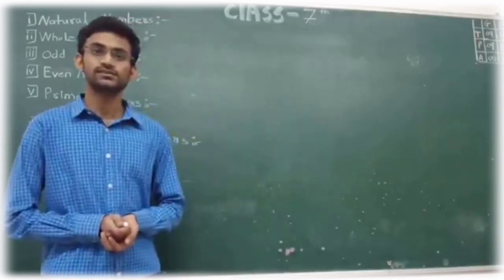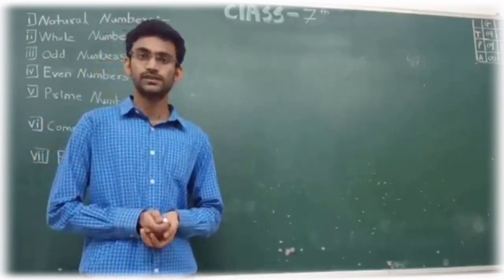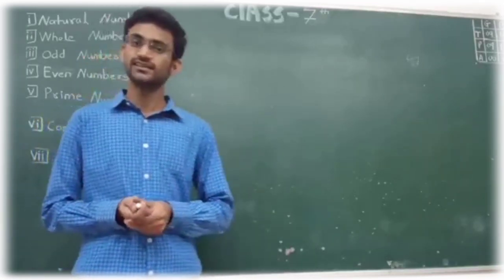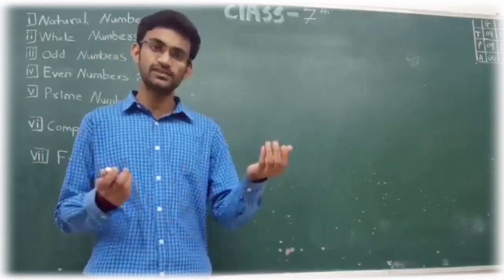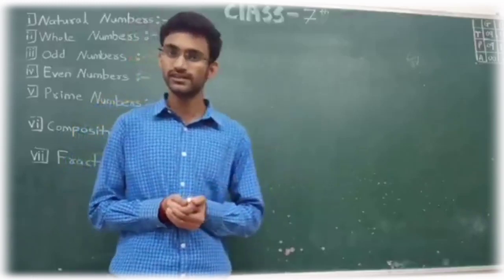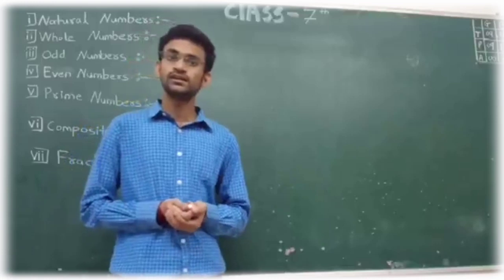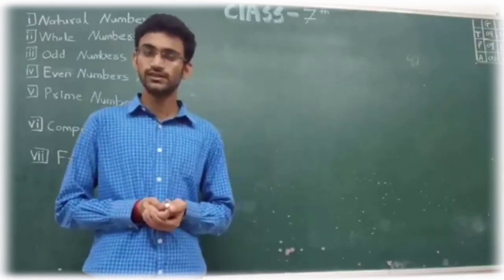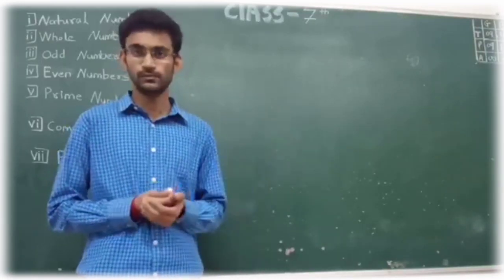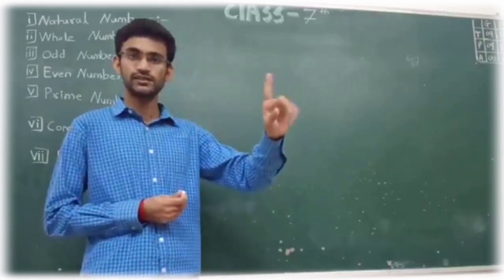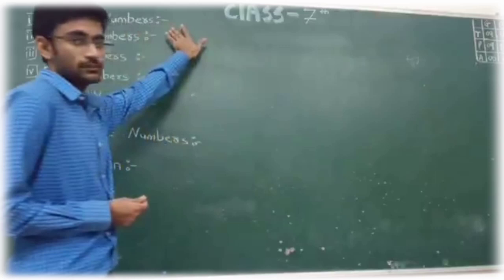Today we will discuss in grade 7 our first chapter, whose name is integers. But before starting integers, we will recall a little bit of what we have already learned in grade 5 and grade 6 about numbers. There are some different types of numbers. Among them the first number we know since grade 5 is known as natural number.